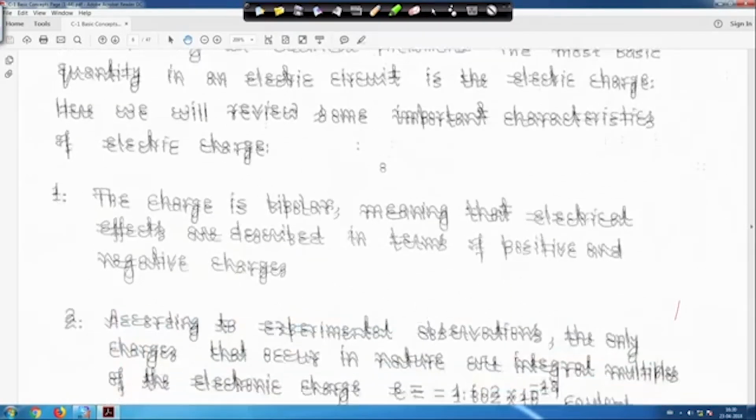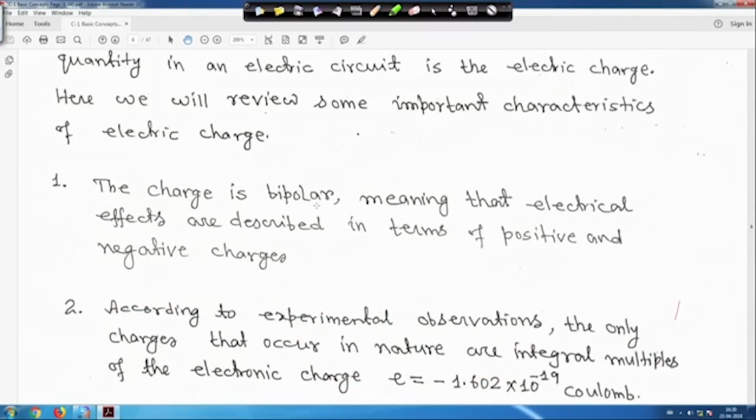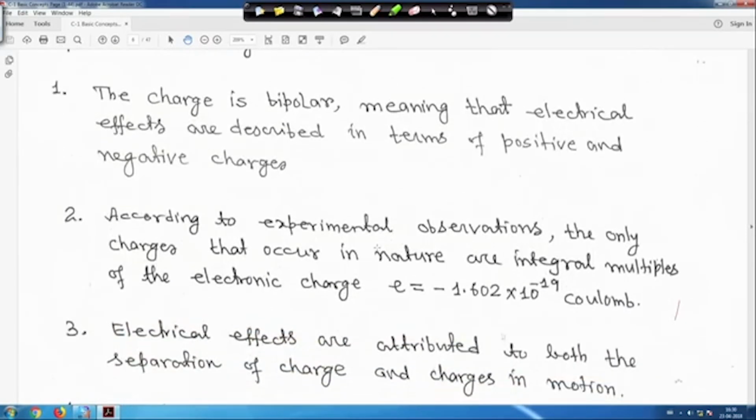The first one is that charge is bipolar, meaning that electrical effects are described in terms of positive and negative charges. So, charge is bipolar. Second thing is, according to experimental observations, the only charges that occur in nature are integral multipliers